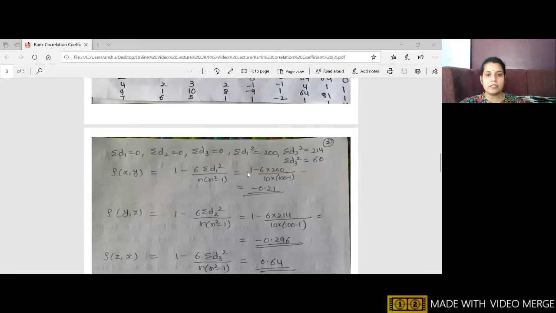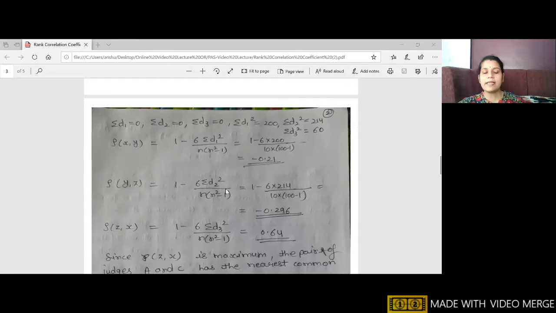That is 1 minus 6 into 200, because summation D1 square is 200, divided by 10 into 10 square minus 1, that means 100 minus 1. Solving this step, we get minus